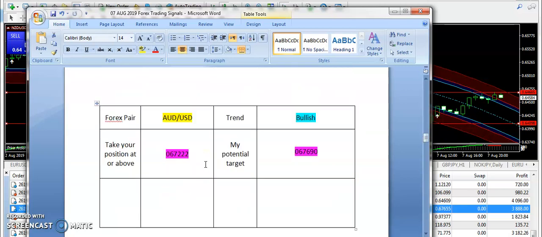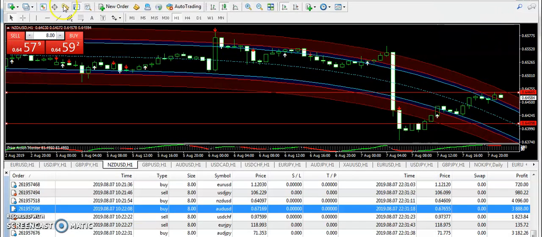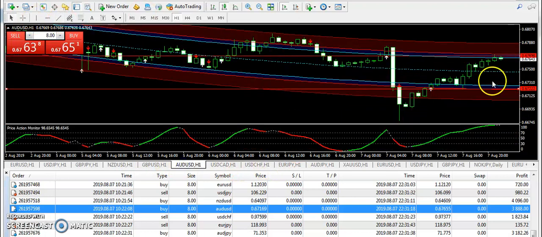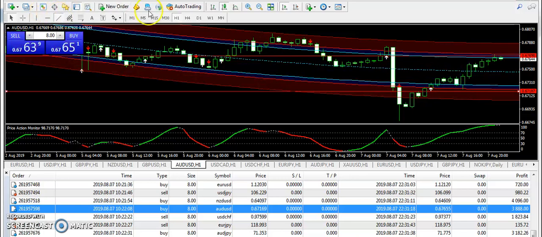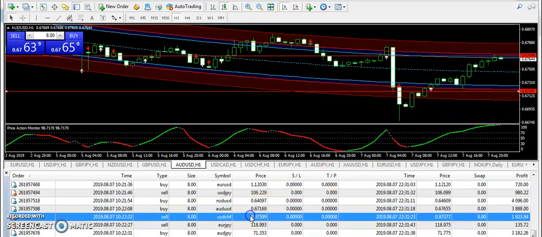Now let's talk about the AUDUSD. AUDUSD was going down for a very long time, but today 200 forex clips has predicted a bullish trend in case of AUDUSD. 0.67222 was the bullish entry, and 0.67690 is the target price. And guys, you can see, let me switch my chart. Okay, now you can see from the entry the market started to go up, and it has almost hit the target price with no problems. So congratulations to all traders who have taken the buy positions today on AUDUSD. They must have ended up with very good profits.